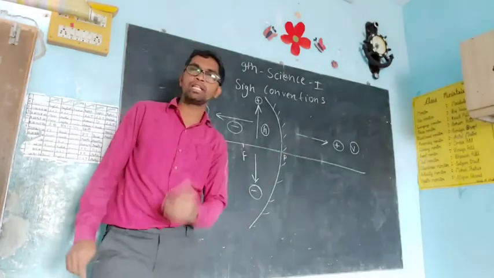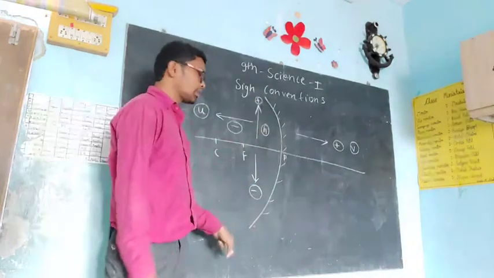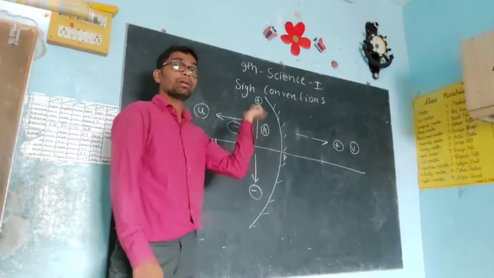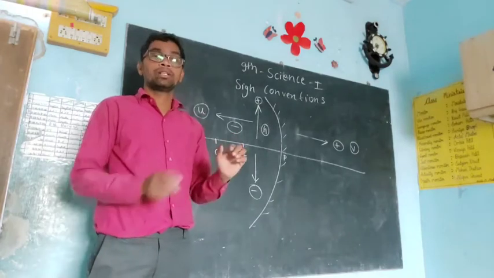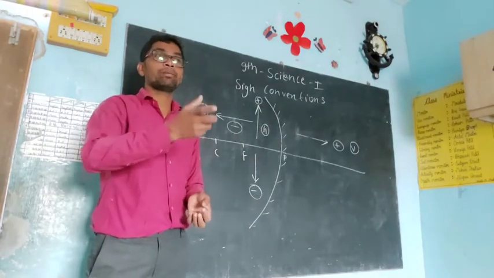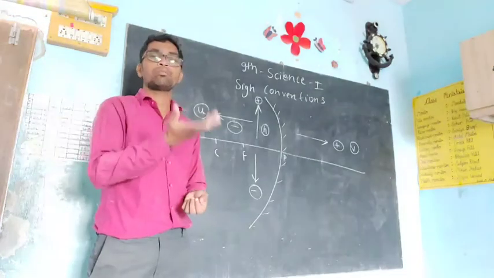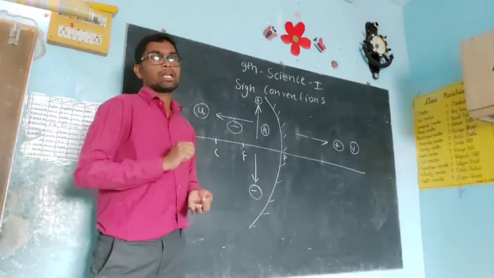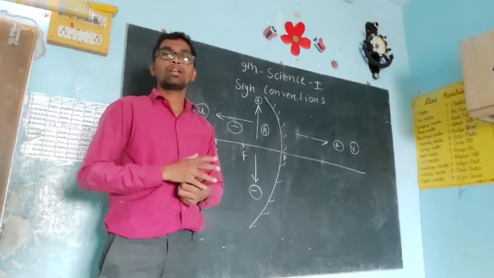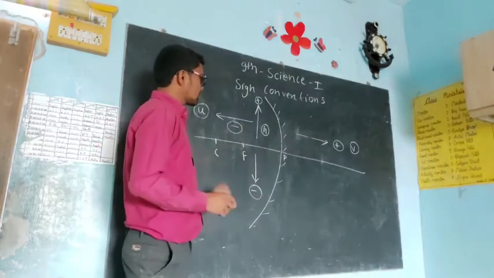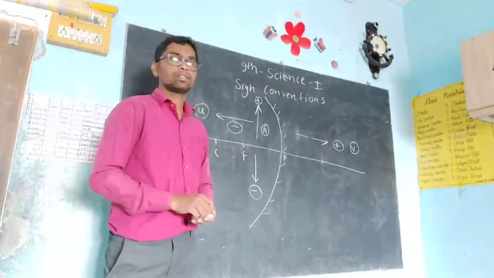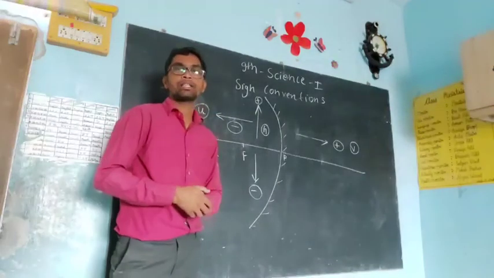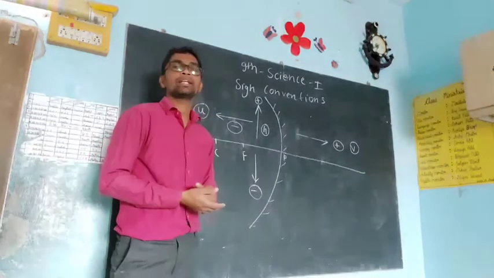That can be asked for fill in the blanks also. Concave mirror means negative focal length. But in an example they will give it in word format, like 5 centimeter. The focal length of this concave mirror is 5 centimeter, but while solving you have to write it in negative form. So we will solve that example also. But now you have to consider this much, then you can understand everything. Now we will see the uses of concave and convex mirrors, and afterward we will take that example.